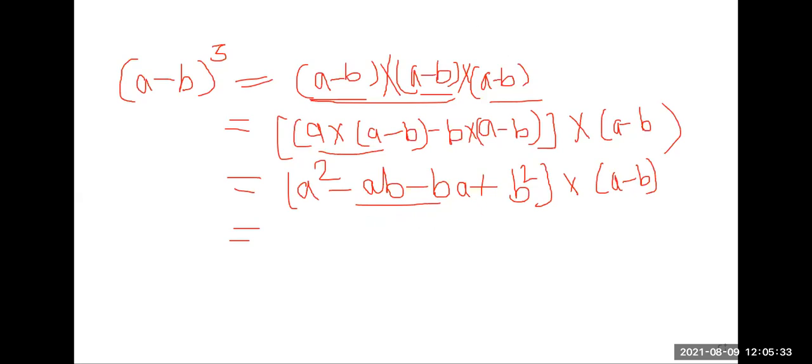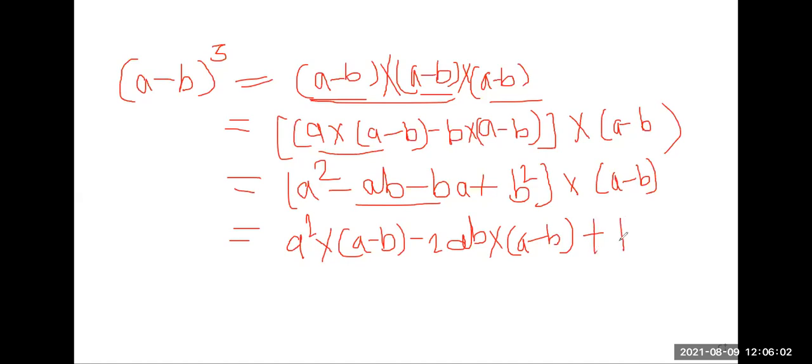Now we are going to take the next, our regular. So this (a square minus 2ab plus b square), multiplied by this last bracket remaining (a minus b). Minus 2ab, multiply next again the same thing (a minus b). Then plus b square, multiplied by this bracket (a minus b). Okay.